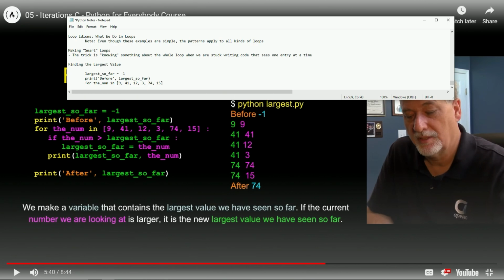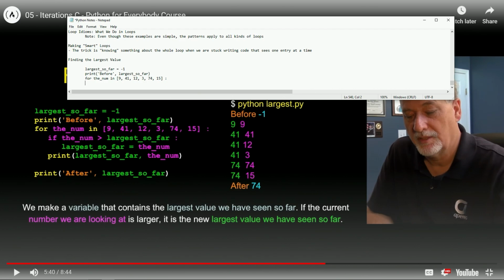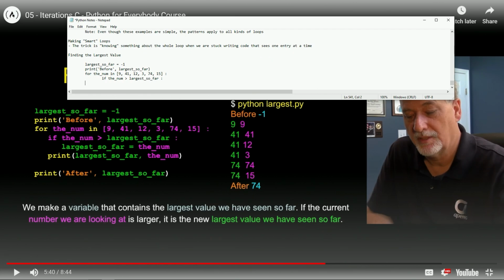Let's go. All right, so now we're going to have this thing right here. Let's tab it over twice. If, so this is the keyword if, the num. So this is the variable the num. If the num is greater than largest so far, all right? So if whatever num we're on is greater than largest so far, what we're going to do is now say